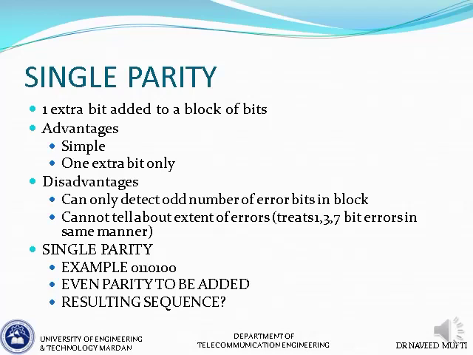The resulting sequence should be 0, 1, 1, 0, 1, 0, 0. That's our data bits. Then the extra bit that we add, because it is even parity, should have a value of 1. When the last bit is 1 and you count the number of ones now, it becomes even. So the even parity condition is satisfied. When you add an extra bit based on even parity and assign it a value of 1, the number of ones is even. So this is your